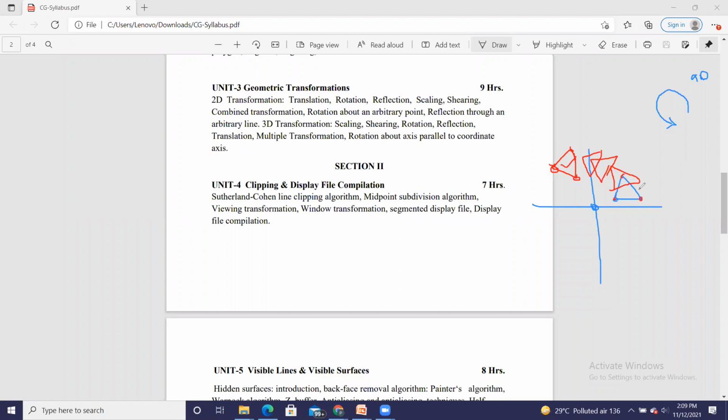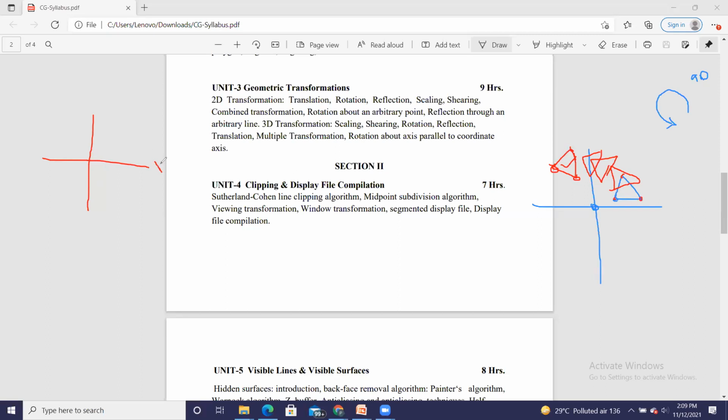This is applicable for 2D as well as 3D images. So 3D rotation is also there in your syllabus. Next is reflection. Reflection of a 2D object is of 3 types, or instead of 3, it is of 4 types, I can say.